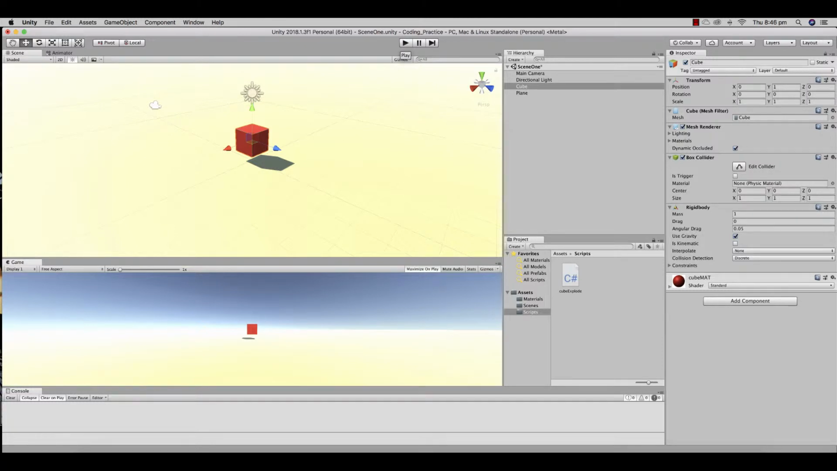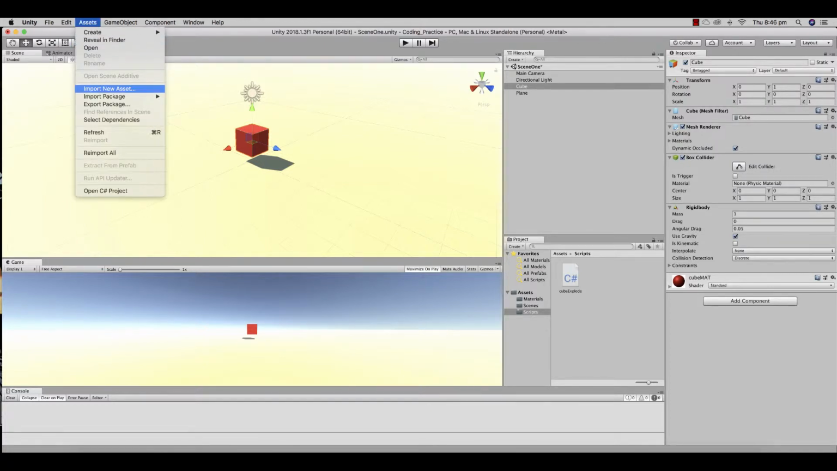We now want to insert some sort of player into our game, or a way that we can move around this scene and interact with these cubes. So Unity has a great array of prefabs built into the software that we can utilize. So in order to get those into this project, we go up to Assets, choose Import Package,